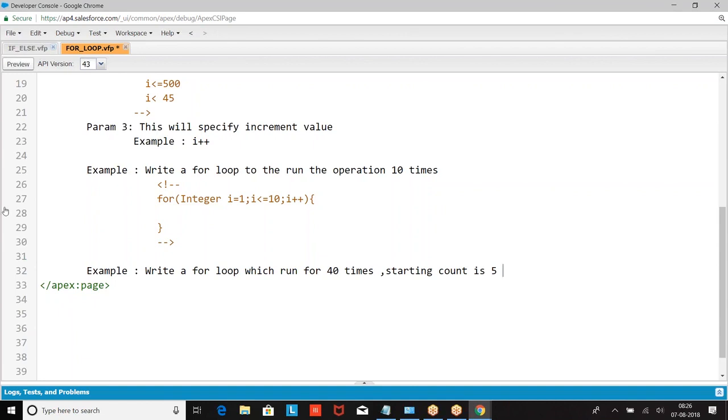Satish, yes. Can we define the data type of the variable outside the for loop? Yes, we can. Now this one we cannot. You are supposed to define it here. It is a local scope. This we cannot define; it should be here only. Okay, thank you.